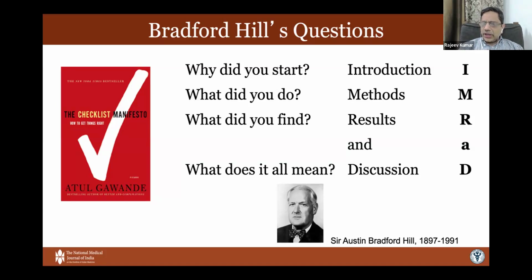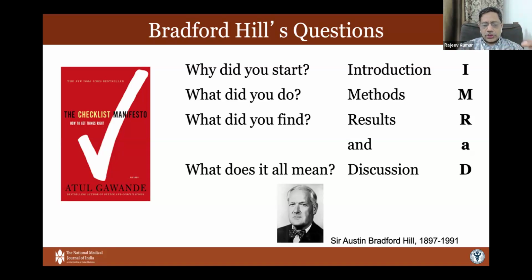The questions are, why are you writing? Why did you do this study? Why are you submitting an abstract? What is new? What needs to be told? So the question is, why did you start? Second, once you thought you wanted to start, what actually did you do to gather your information? The third part is, what information did you actually gather? And finally, why should I care? Just because you've done some research, followed a particular methodology, you got some results, what difference does it make to my life? Why should I be bothered? So if you've answered these 4 questions in that order, you've created a scientific article, and by extension, a scientific abstract.